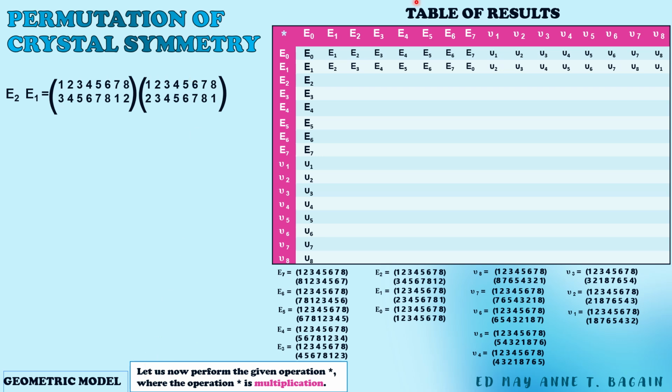So again, to find the epsilon sub 2 star epsilon sub 1, we will be looking at this,